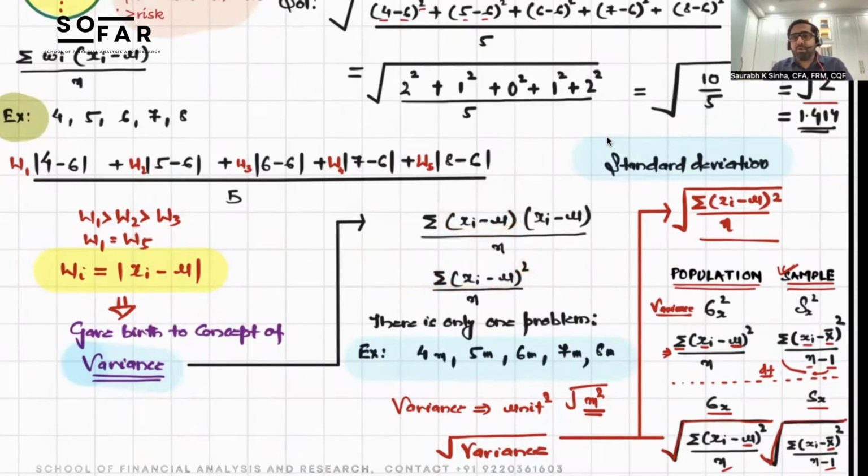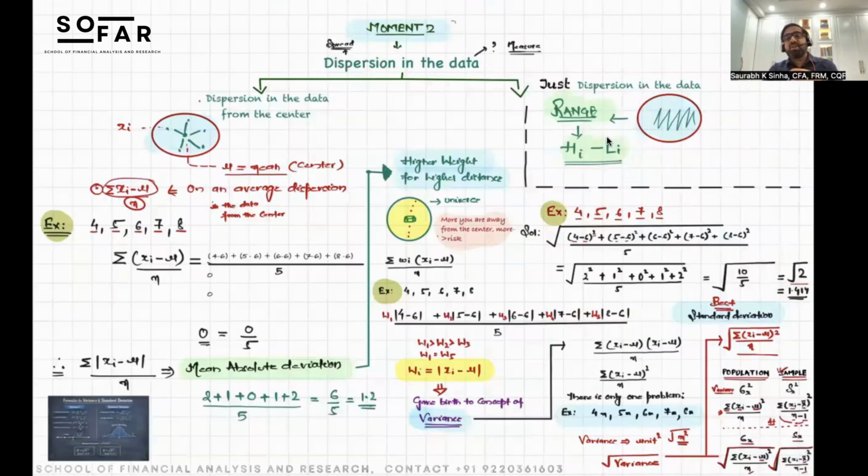But the problem with the variance is that it will throw the final answer in unit square. If it is in meter, it would be meter square. If it is percentage, it would be percentage square. So to fix it, we'll take the under root, and that gave birth to the standard deviation, which is the best measure for moment 2, and it is also one of the best measures for risk in finance, because it captures the human emotion that the farther you're from the center, the more risk you are taking. Okay, with that we have completed moment 2. In the next session we'll cover moment